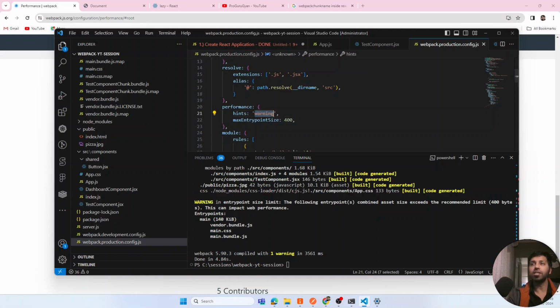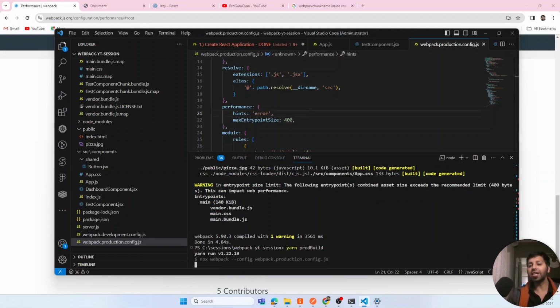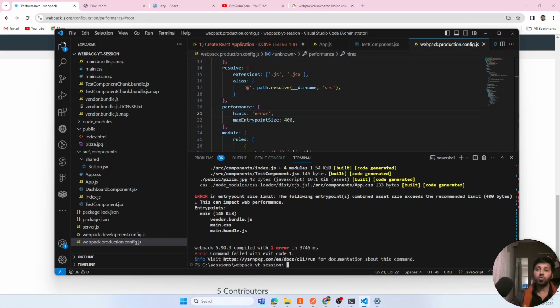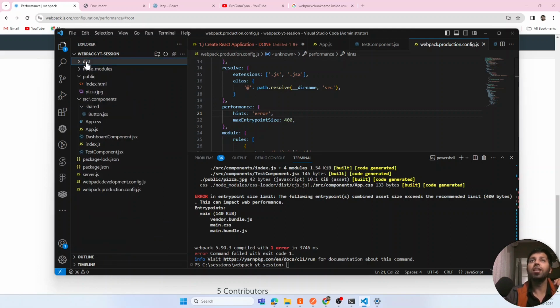If I add an error instead of a warning, you can set the budget. You can even set the budget for each and every chunk that you are creating inside your dist folder. So that is also a technique that we will discuss. So now you can see that, right? It will fail your build, right? If I delete it,